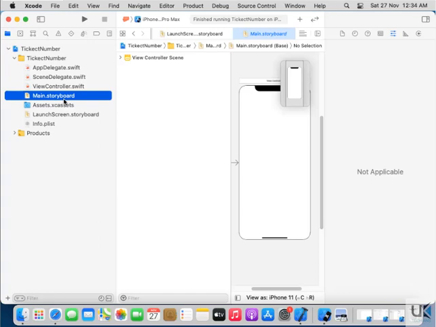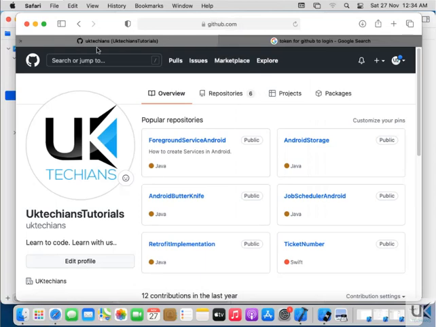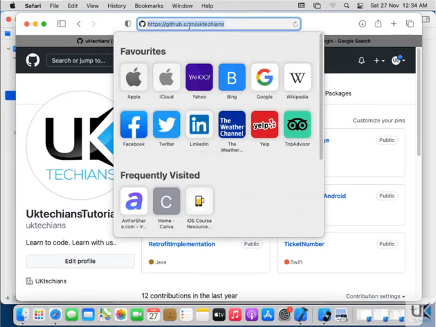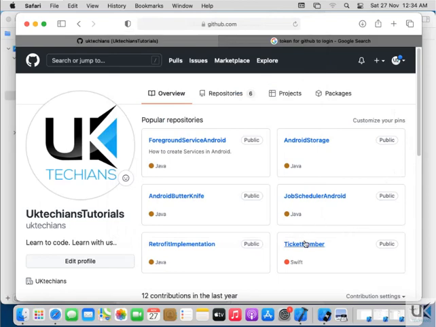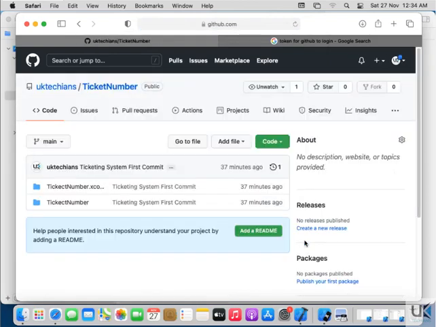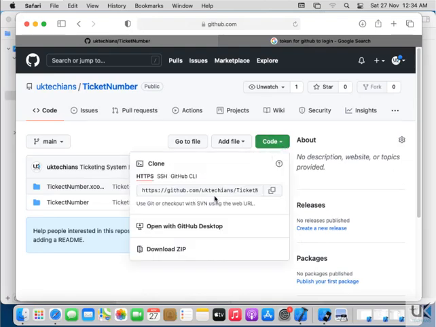So what you have to do, just go to the link which I will give you, or you can also type here in Safari GitHub/Wikit Actions. I will share the URL also. This is the GitHub Wikit Actions, and then you have to click on the project which is Ticket Number, and after that go to the button which is Code and copy this URL, right?